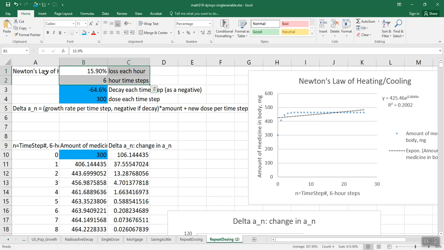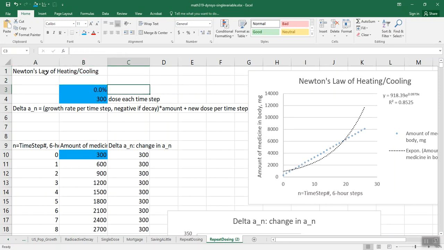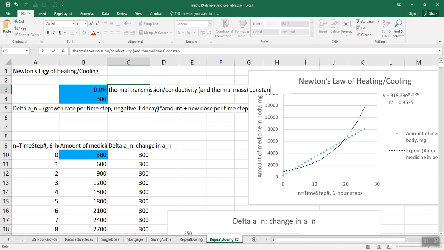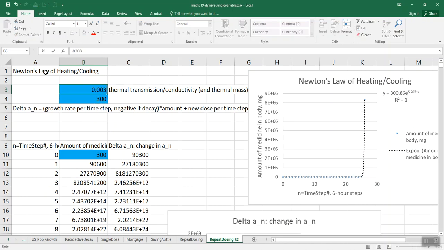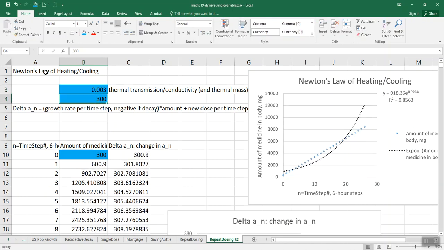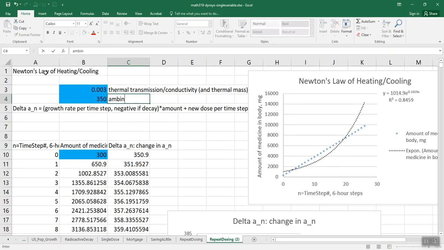So we don't need those anymore. So let's have this be our thermal transmission conductivity constant. And it's also related to thermal mass. If you want to know more about that, take a physics class. And we'll use 0.003 because I happen to know that works out well. And we'll use 350 as the ambient temperature